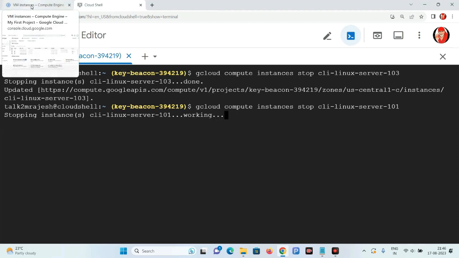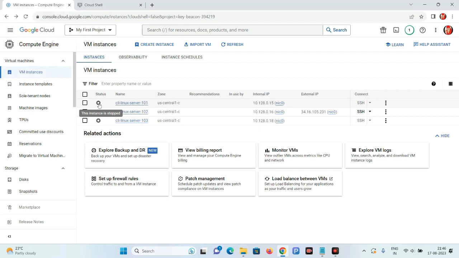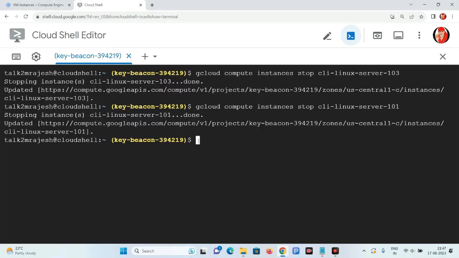As you can see here, this instance is stopped now. The Linux server 101, the Linux server 103. If you want to start the new server, then use the gcloud compute instances start server name. The same command, just change